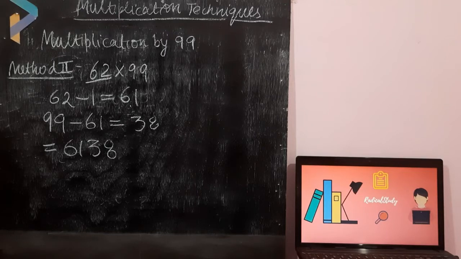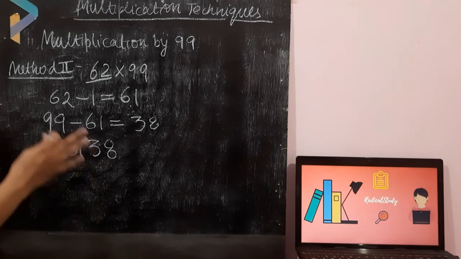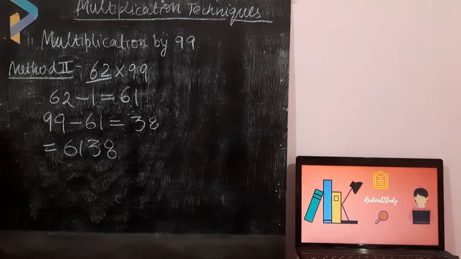I am going to give you some sums to practice. So this is your multiplication technique of 99 and 11. 11 I have explained in the previous video, and 15. So I am going to give you some questions on the basis of this. You have to multiply the numbers by 15 and 99 using these techniques. I hope you will follow the techniques explained by me. So students, the questions having a tick mark will be your homework.